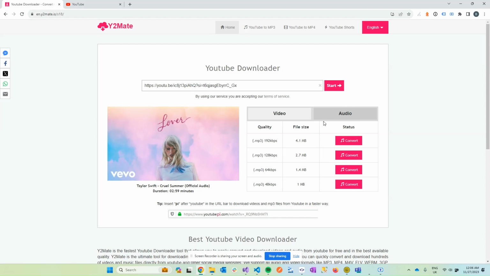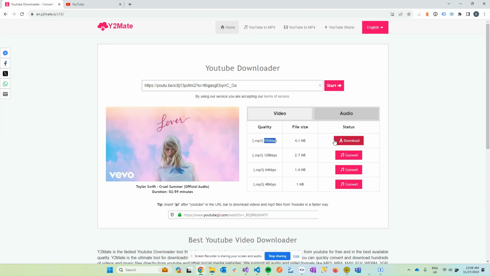So you can select audio here, and it lets you select from the different qualities. And so in this case, I want it to be an MP3 file that is 192 kilobytes per second. So that's like the best quality. And then I can just do convert, and it does that. And then click download,